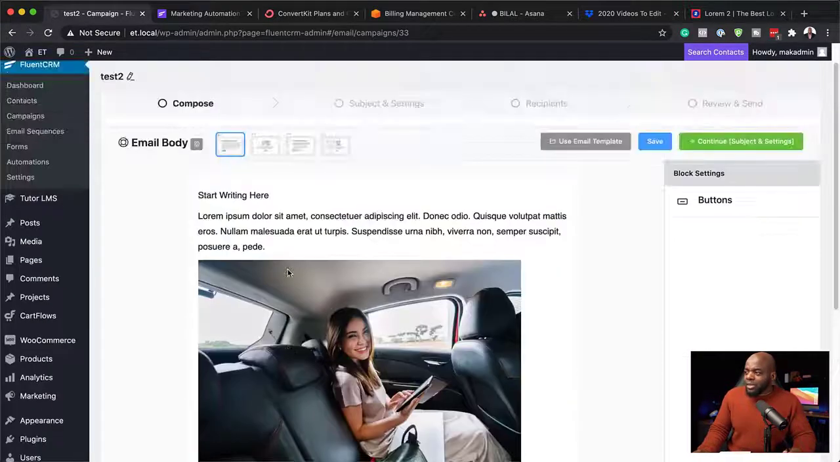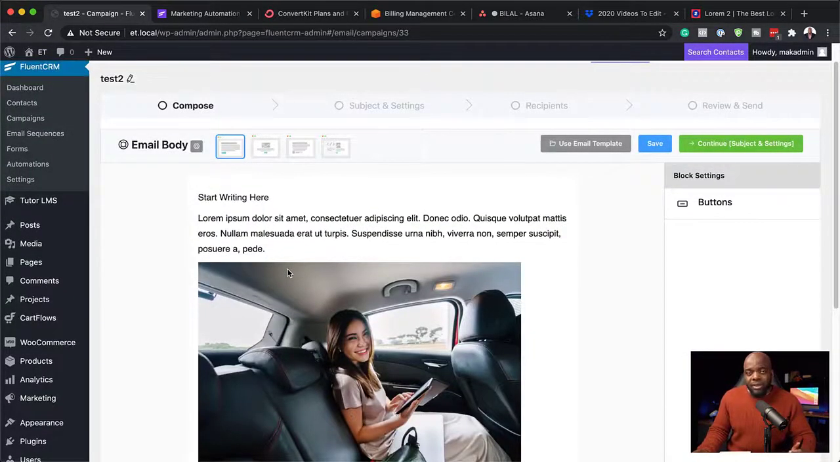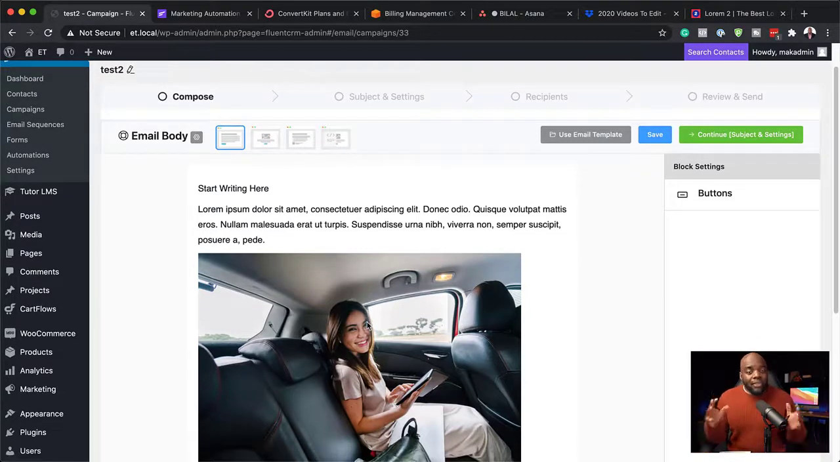So as you can see, building the email is very, very easy. This is something that I was concerned about when I first set up FluentCRM on my website. So when I found out that it's similar to Gutenberg, I was so excited that this is how it works. So now that we've established that building your emails on FluentCRM is easy, let's move on to the next part,